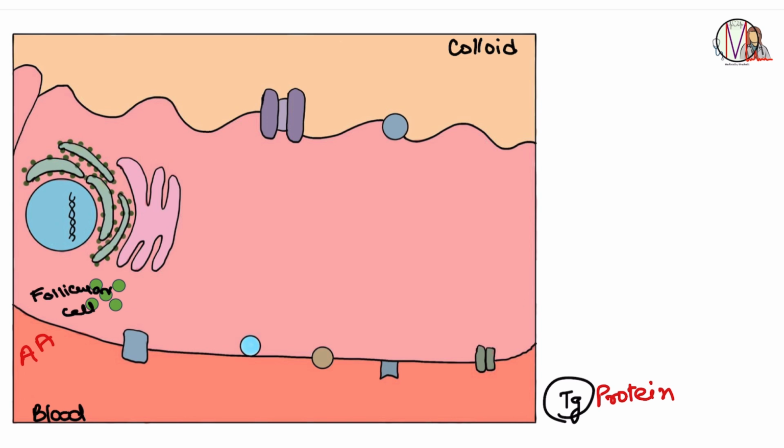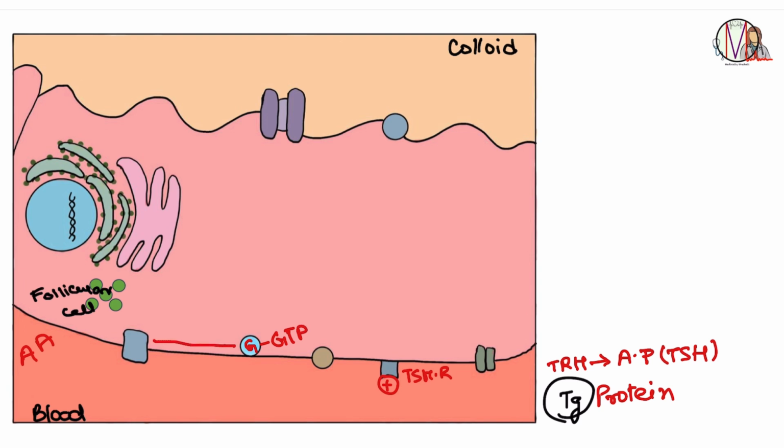But for its formation, there should be a stimulus, and that is from the hypothalamus via TRH, which will give stimulus to the anterior pituitary to release TSH, and it via blood will go to the follicular cells, and there are TSH receptors, which on getting signal will activate G proteins. This G protein, which is bound to GDP, will now form GTP